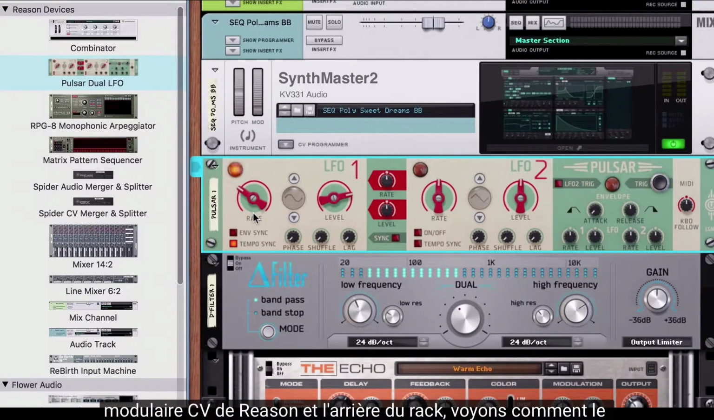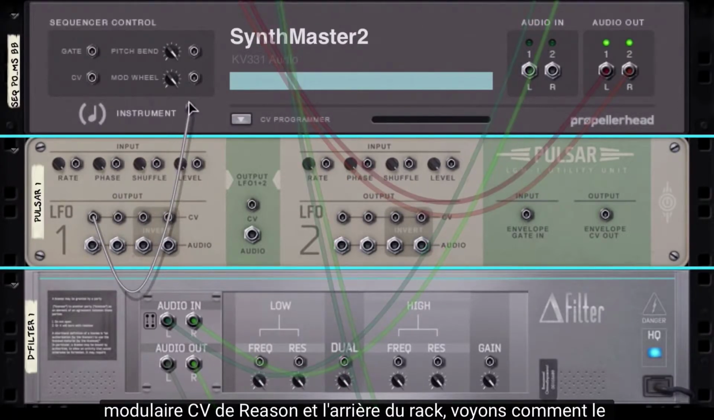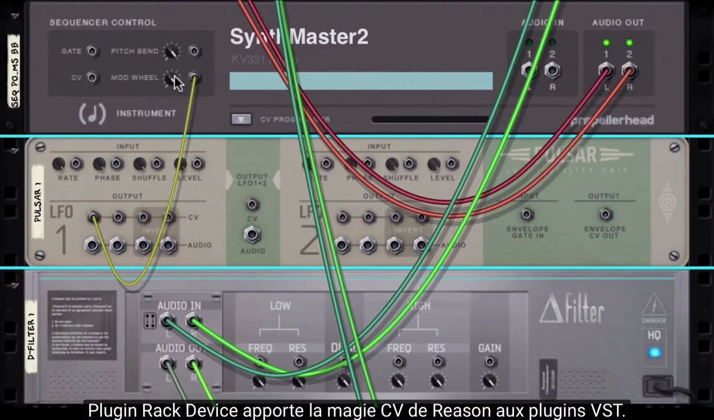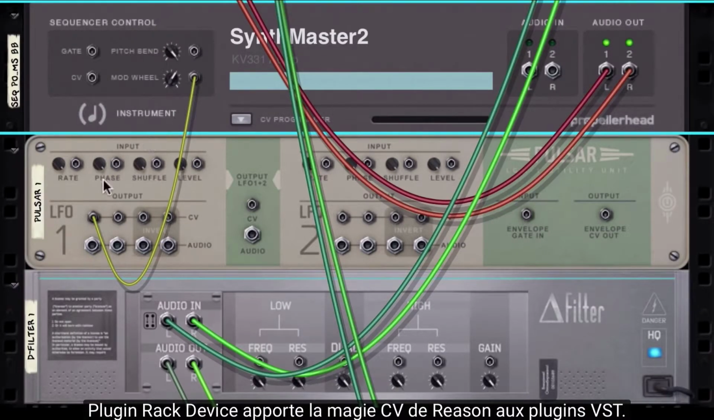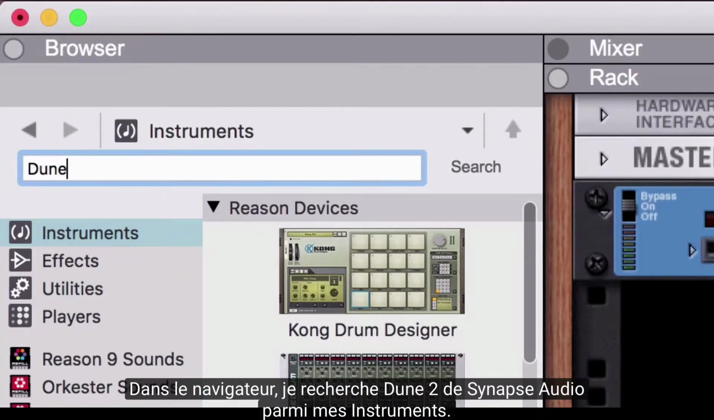We connect the Chord Sequencer to our Dune 2 VST plugin by flipping the back of Reason's rack using the Tab key. We can drag cables from Chord's gate and Note CV outputs to the plug-in rack device's gate and CV inputs. Now, if I play some chords,